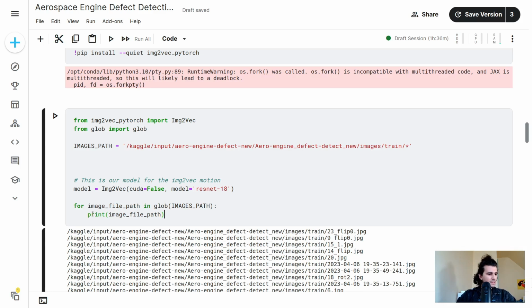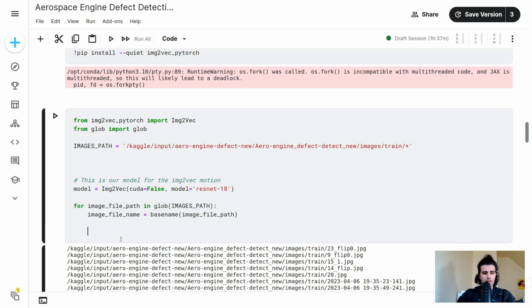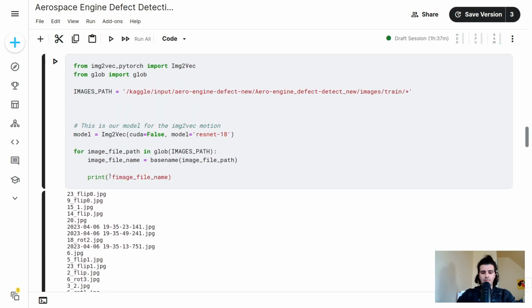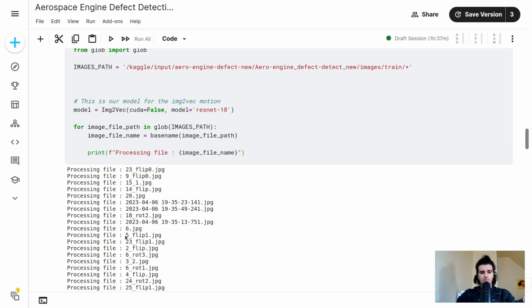The first thing after that is to actually get the name of the file. We're going to do some basic printing here. Okay, tag, and then we're going to print the image file name. So we're just getting the end of it. So now we know what we're actually processing. So an f-string is just an easy way to format strings in Python. Processing file, so then I'll know exactly where I'm at,